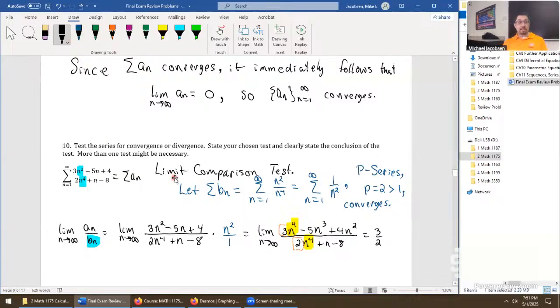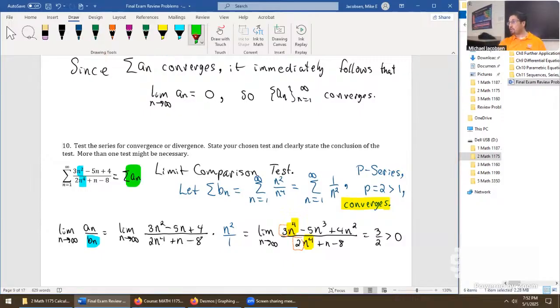That's what we want to see in the limit comparison test to get the right conclusion of either both converge or both diverge. We want the limit finite and greater than 0. So this is the condition the test works on. It's not telling us convergence or divergence. Convergence or divergence came from right here, the series we compared it against.